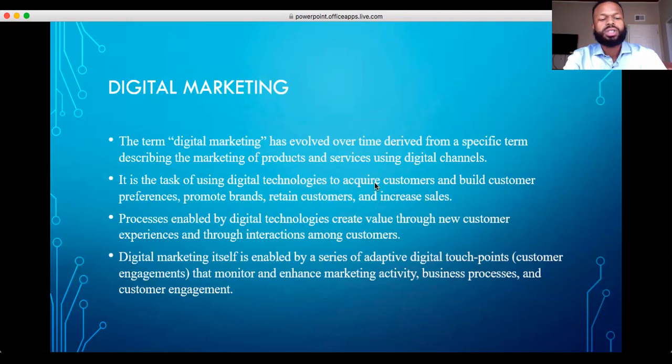This process is enabled by digital technologies that create value through customer experiences and customer engagement, which is something big that we'll go on to talk about. Digital marketing itself is a series of adaptive digital touch points, which are basically customer engagements that monitor and enhance marketing activity, business processes, and customer engagement.